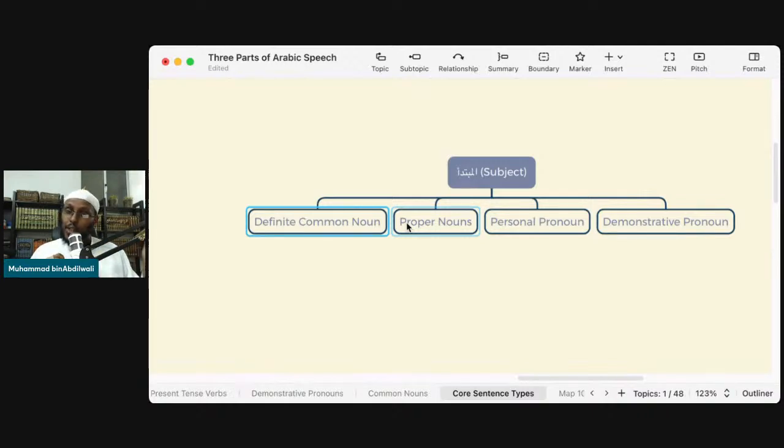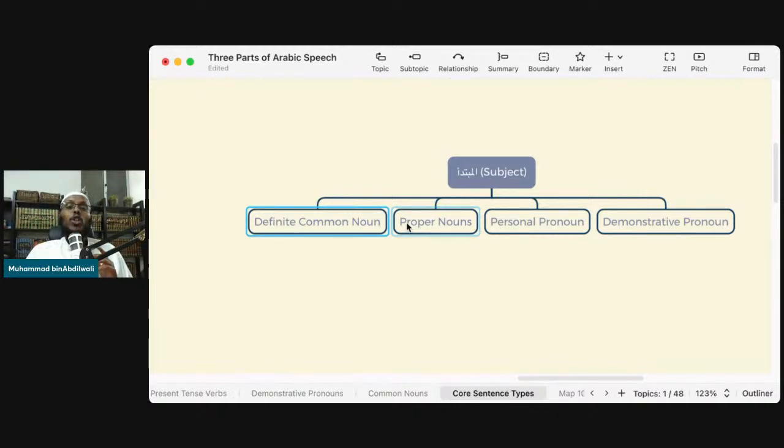Muhammad is a specific name used for a specific person. Now, it could be that you have two people called Muhammad, but that's why we have the second name. We have Muhammad bin Abdul Wali or Muhammad bin Abdullah, and Muhammad bin Khalid. Well, maybe there's two Muhammad bin Abdullah. So, Muhammad bin Abdullah al Qahtani, Muhammad bin Abdullah, whatever. Another last name: Muhammad bin Abdullah al Somali, Muhammad bin Abdullah al Britani, Muhammad bin Abdullah al Amriki. So the point is, proper nouns are names given to specific people.